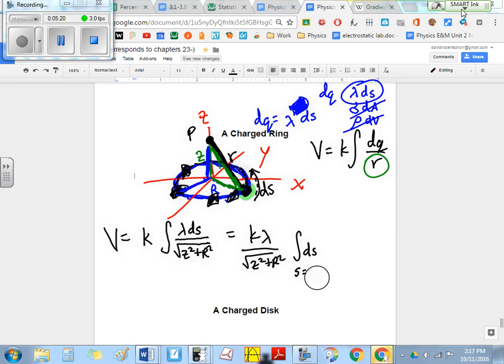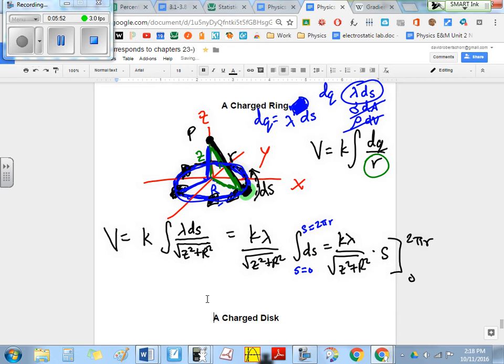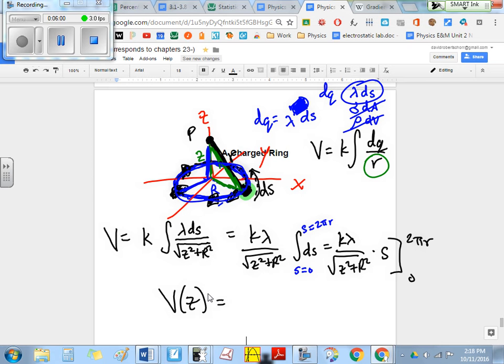So what's the final wraparound distance on a circle called? 2 pi r, circumference, right? So we're just going to wrap around the circle all the way around, adding up all the elemental charges on the ring. And so this becomes basically, this is silly, I'm going to write too much stuff again. Leading coefficient times s, we're going to plug in 0 and 2 pi r. And so here's what we end up with. Potential at any point on the z-axis is, and then